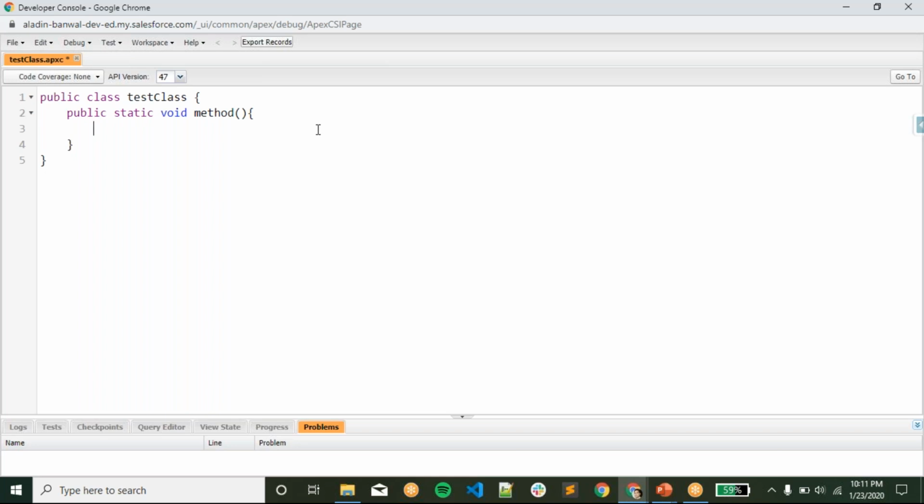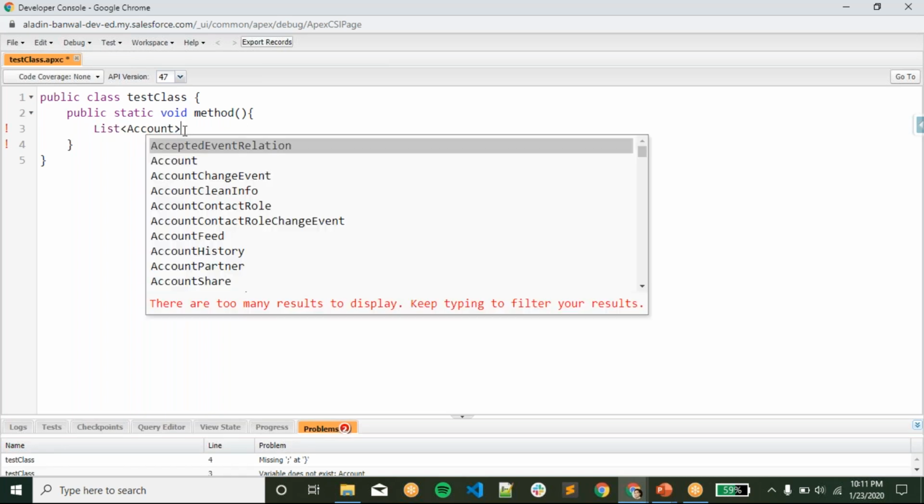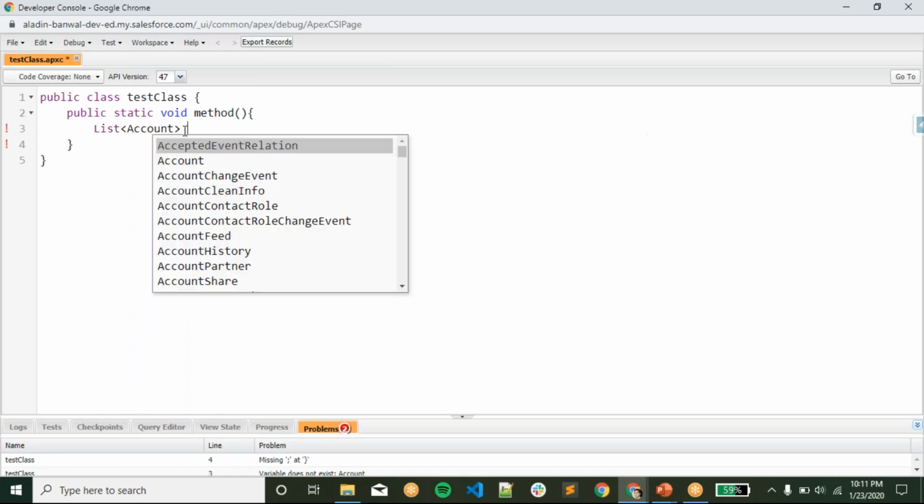So we have a data type called account here. Account itself is a data type, like I already told in our last class, that we can use sObject as a data type. So here, a list of records. Which records? Account records. What I want to fetch: list of records is equal to,